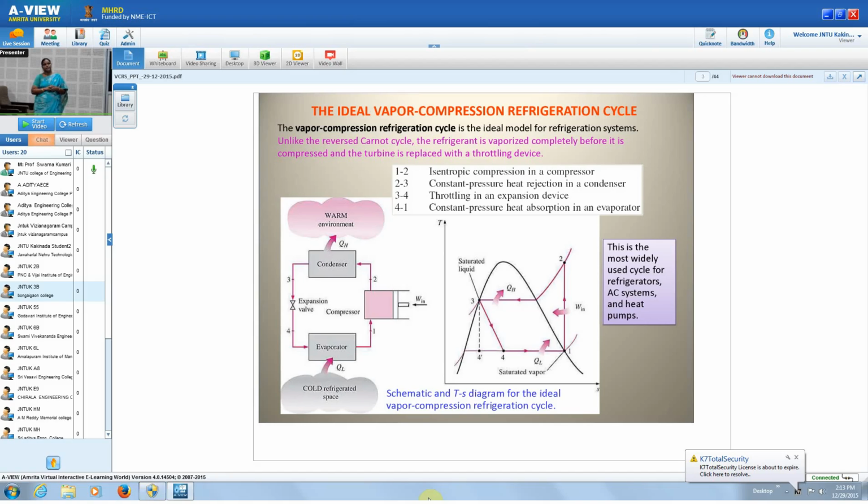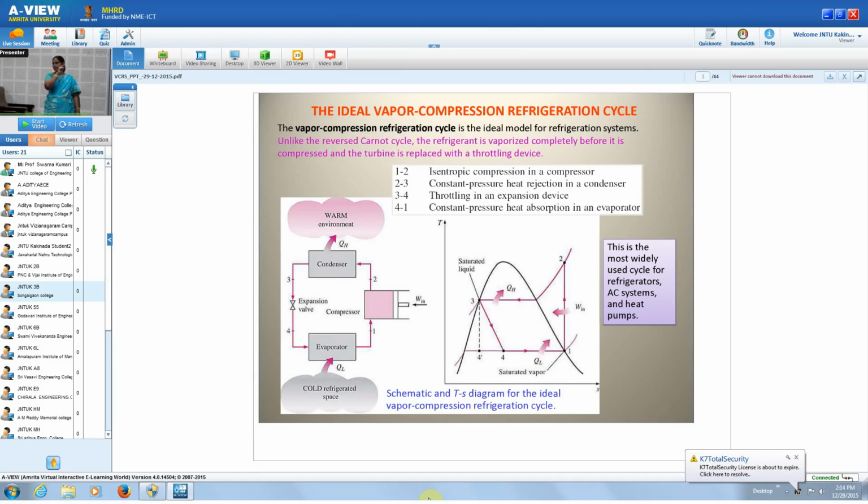So when it is passed through an expansion valve, throttling takes place. So 3-4 is nothing but the throttling process, that is the expansion which is assumed as isenthalpic expansion. So 4 is the condition of the refrigerant which comes at low pressure and temperature, which can take heat from the chamber to be cooled or refrigerated. So you can see again the flow diagram with compressor, condenser, expansion valve and the evaporator and all the ideal processes. So the difference between the reversed Carnot cycle and this one is,